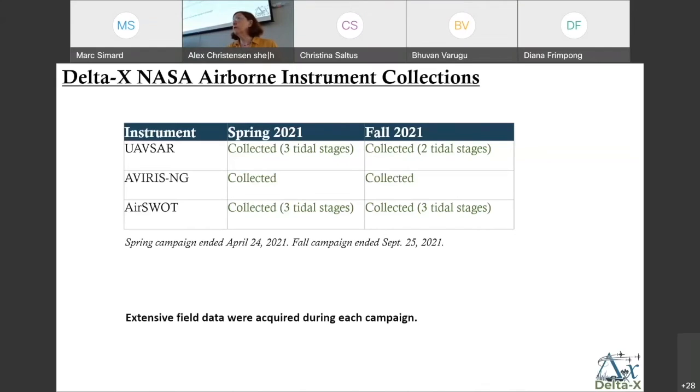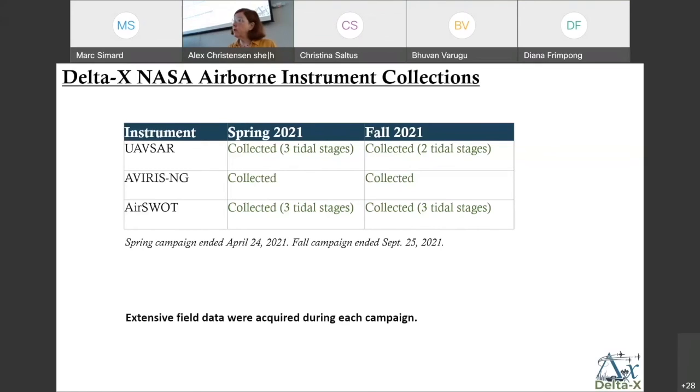Once the UAVSAR instrument was fixed, however, we had a hurricane, and so everybody rushed out of the area, all the aircraft left, and afterwards UAVSAR was repaired, but we had to fly out of Houston because of the problems with airports in Louisiana. At the same time,